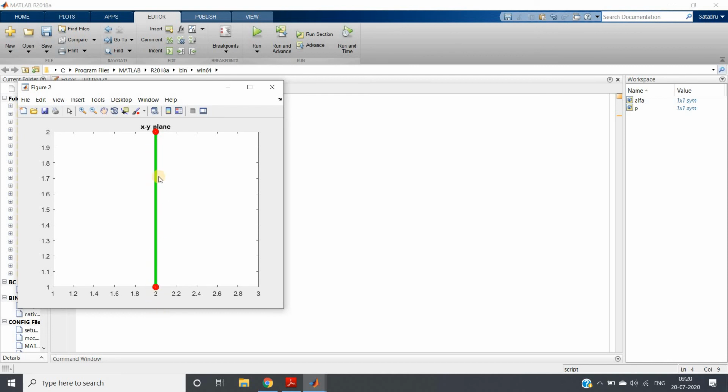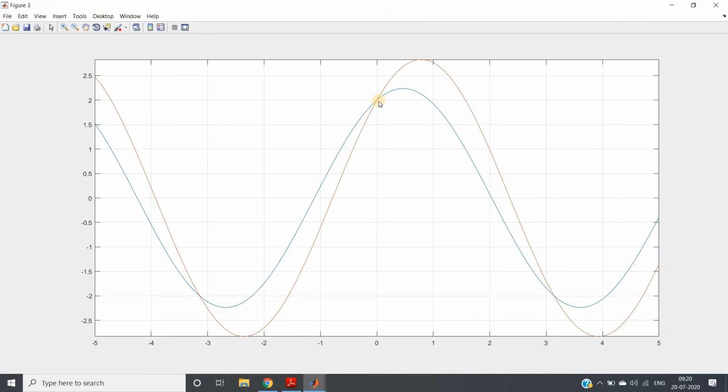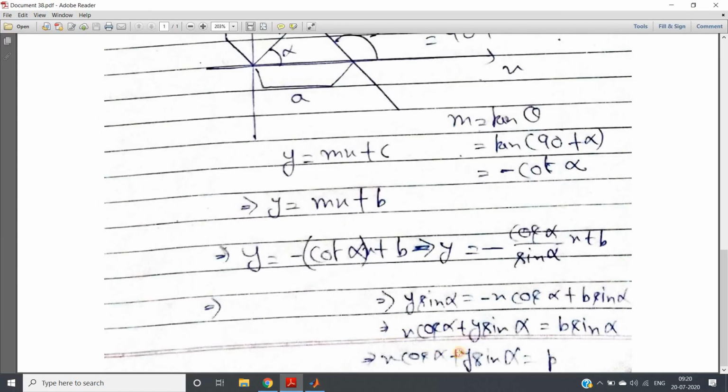So from basic mathematics itself, we can say that the line joining 2,1 and 2,2 is x equal to 2, which we are getting using our Hough transformation also, because here we can clearly see the two sinusoids are intersecting at many points. You can take any one of them. I am taking this one because grids are perfectly matching, so it is easier for us to calculate and get the value of this point. So angle is 0, and my perpendicular length is 2, so x equal to 2. And how am I getting x equal to 2? By simply putting in this equation, right?